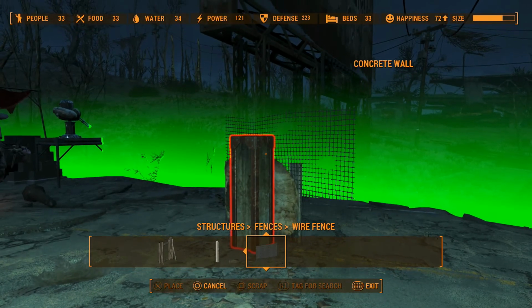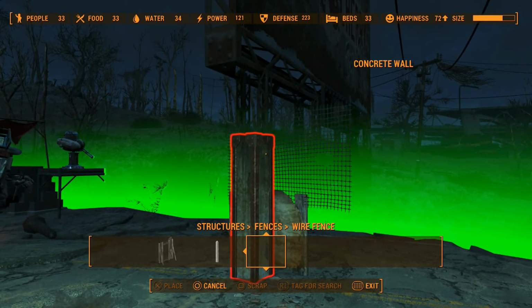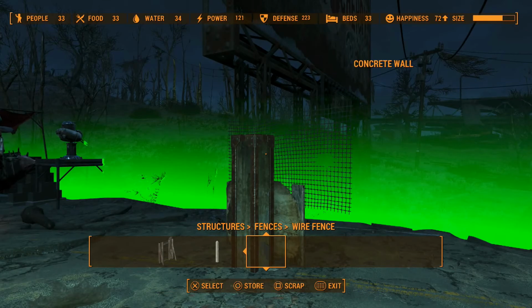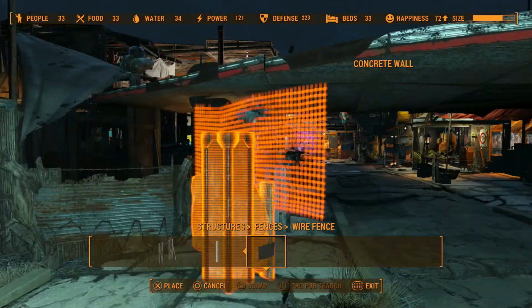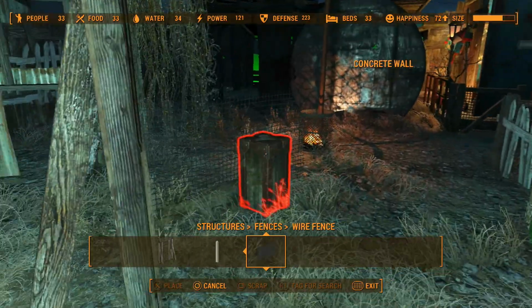So I want this to be fairly high, but not too high. Somewhat like that. I think that will do. We're going to see which angle this is good at, and if it's not good at the right angle, we won't do it. If it's bad at the wrong angle, we'll do it. So...